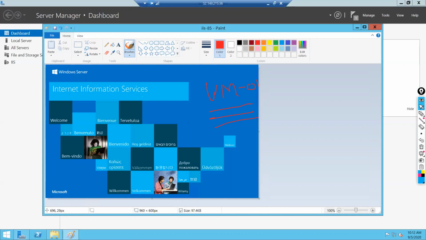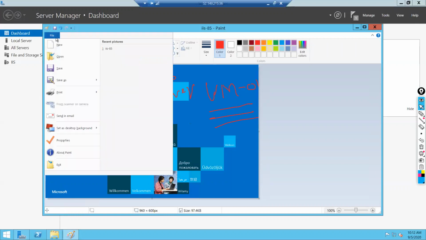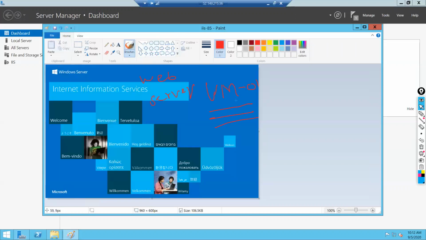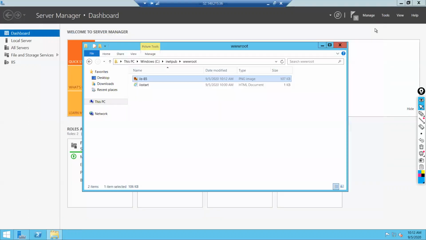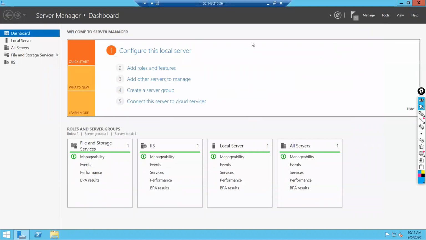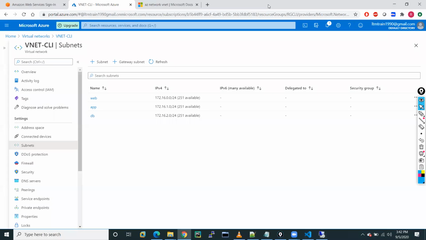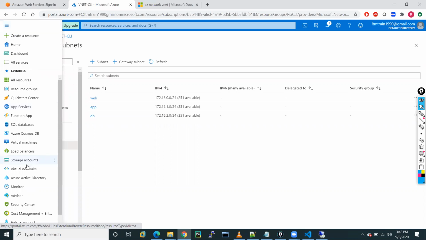Web server. Save. Close. Now you can access this web server if you hit the public IP of this VM in your browser. So let me do that as well.